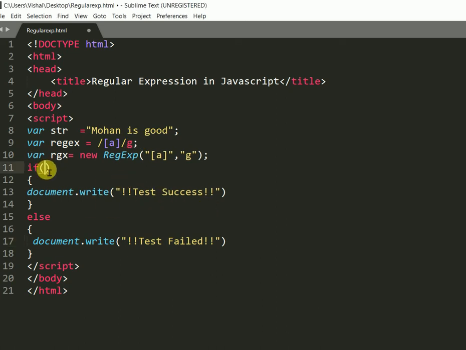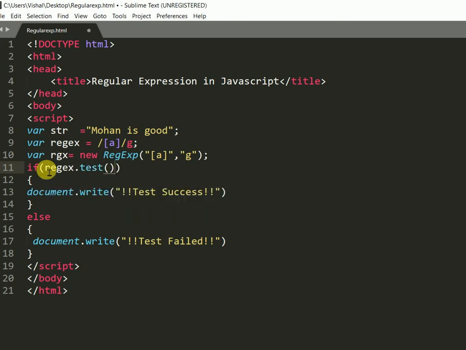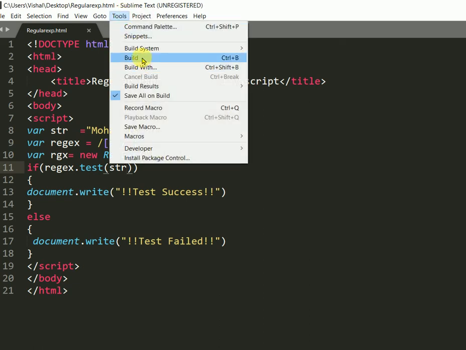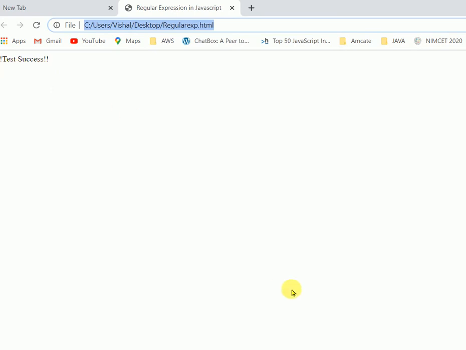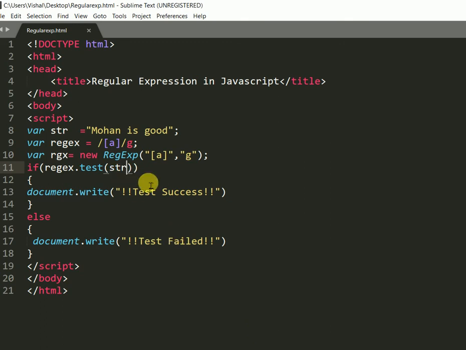I use the regex method: first I write regex dot test of str. So here the test is successful, because A is contained in the string str.